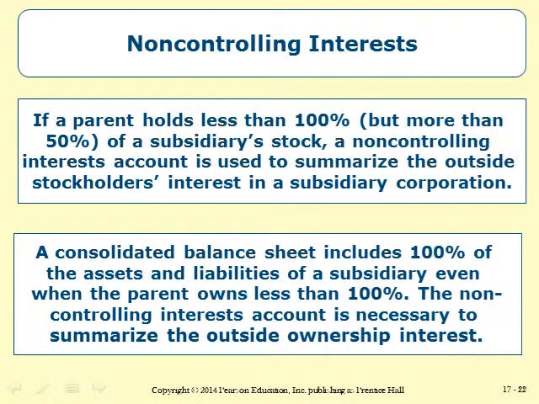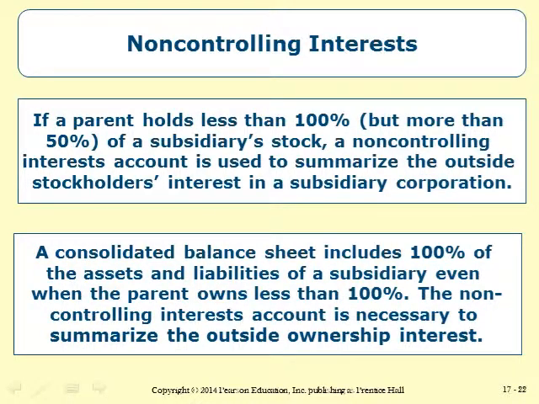So in the preceding example, P owned 100% of S. What happens when the parent holds less than 100% but more than 50% of the stock of a subsidiary? In such a case, a consolidated balance sheet includes an account on the equity side called non-controlling interest in subsidiary, or simply non-controlling interest. The account summarizes the outside stockholders' interest as opposed to the parent's interest in a subsidiary